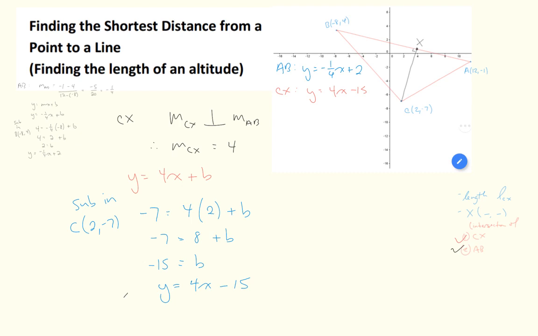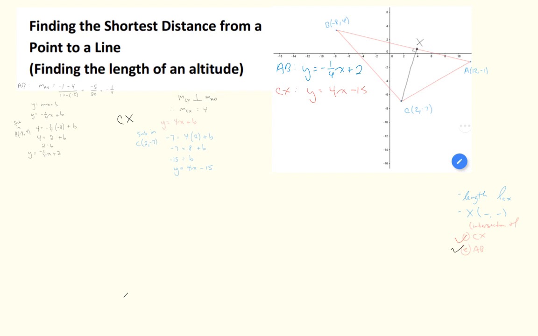Now, let's just get that out of the way and look at my list here. Okay, so I've got the equation for AB and the equation for CX. I need to find the intersection of these two. I want to find what is that coordinate for X. So I'm going to set up my system of equations, right? Linear system. AB is y equals negative 1/4 x plus 2, and CX is y equals 4x minus 15. And when I have two things that equal y, I'm just going to sub AB into CX. Here we go. Negative 1/4 x plus 2 equals